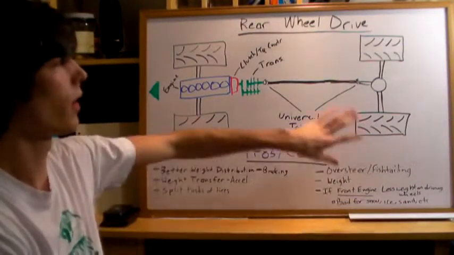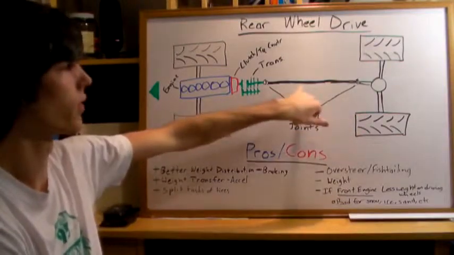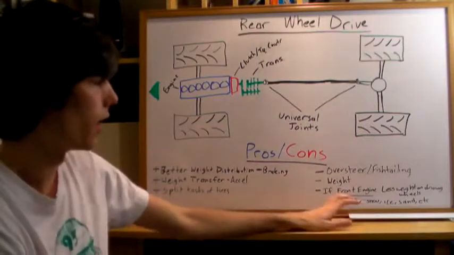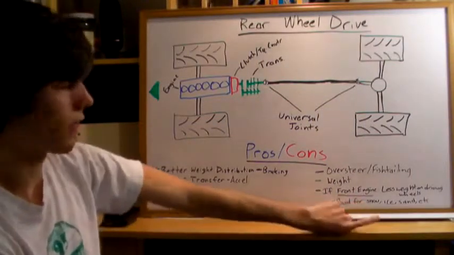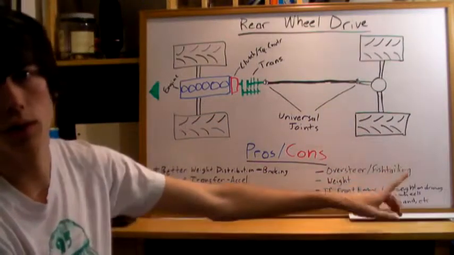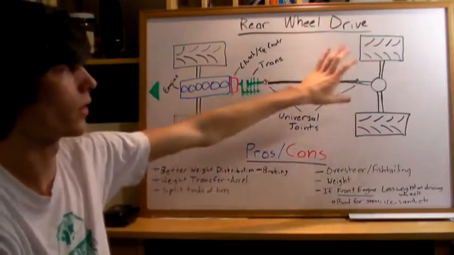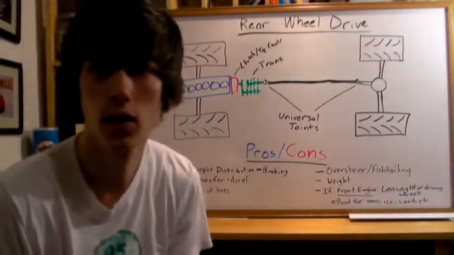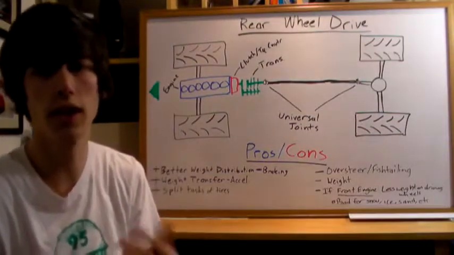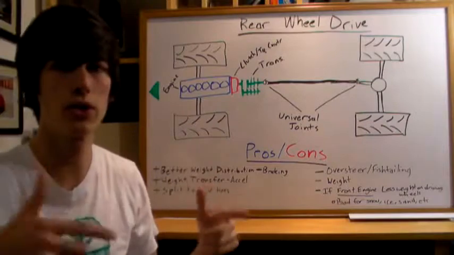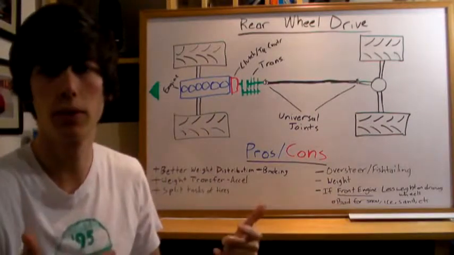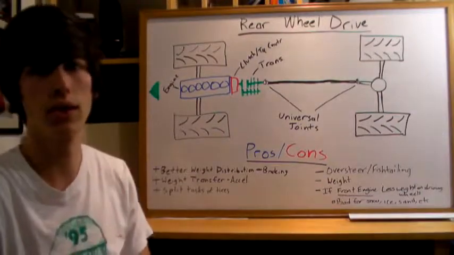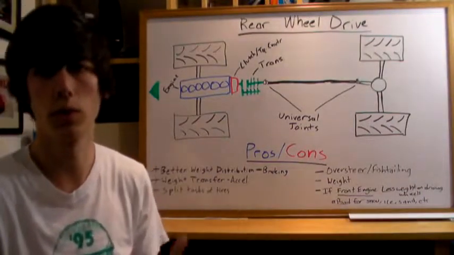Weight, they do typically weigh a little bit more, rear-wheel drive cars, because of the added drive shaft and the complexity of the rear axle. Also, if it is a front-engine rear-wheel drive car, you're going to have less weight on the driving wheels. Now that's a big disadvantage for scenarios like you're on snow, dirt, sand, or ice, because you're not going to have much traction on those rear tires, and they're going to spin real easily since there's not much weight on them. So that's one big disadvantage if you have a front-engine rear-wheel drive car.